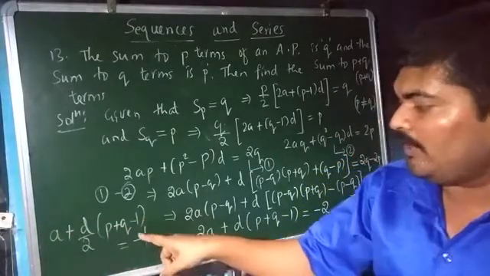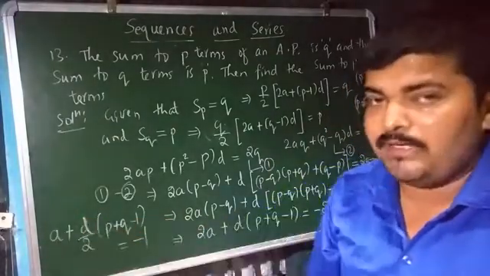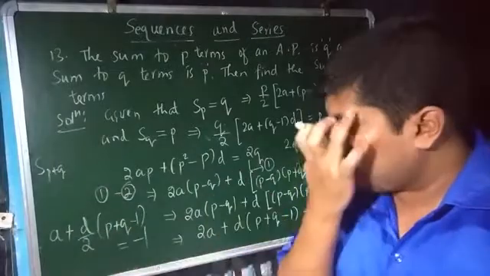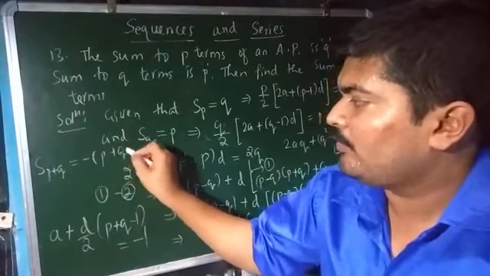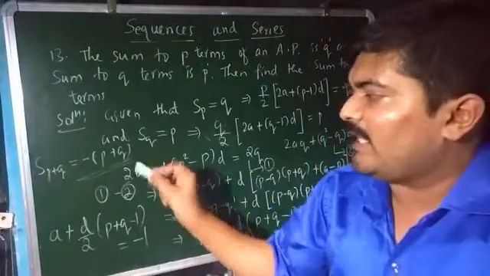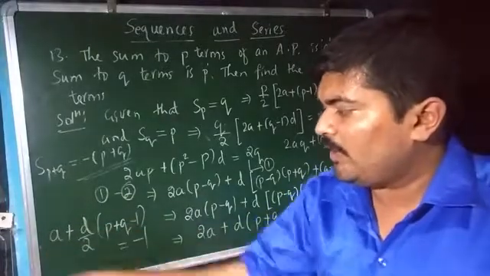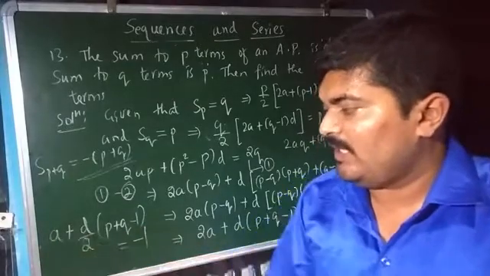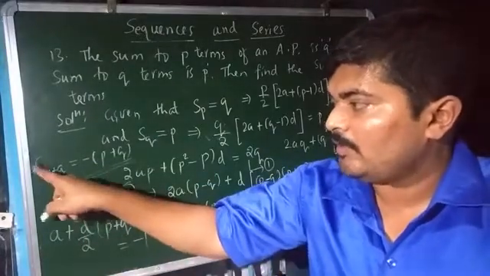Which must be equal to, if you multiply this number by this quantity p plus q, what you are left with? The LHS part term will be equal to s of p plus q. Check out, after doing the step which I have stated over here, you will get as equal to minus of p plus q. Therefore, the summation up to p plus q terms of this particular AP comes out as exactly equal to minus p plus q after multiplying both sides of this particular equation throughout by p plus q. And take out the LCM, cross multiply, you will get the required result, which I have stated for that expression as equal to s of p plus q.